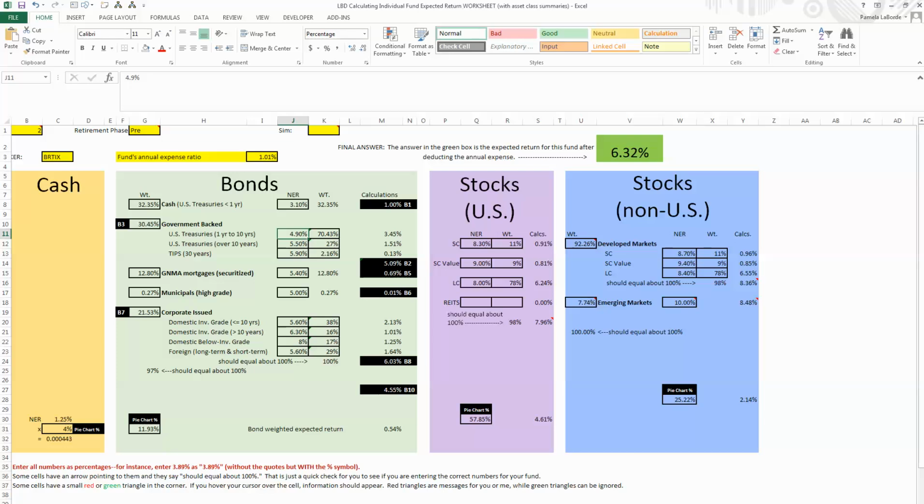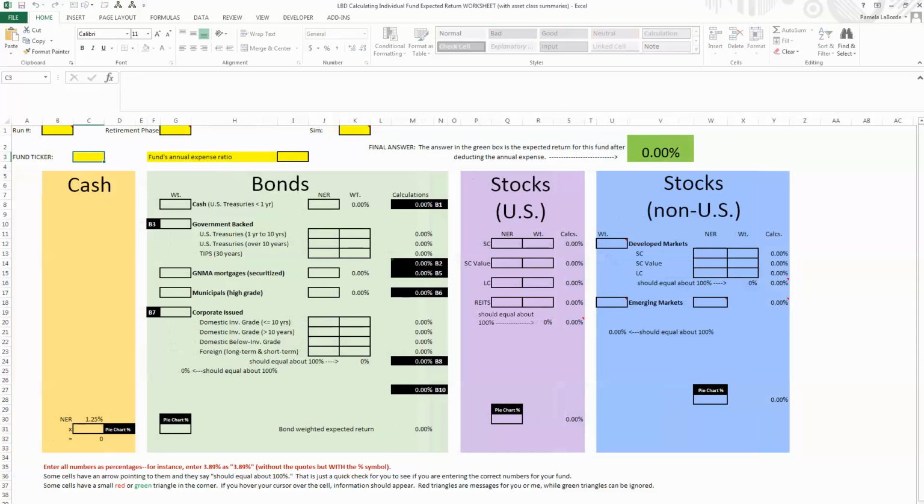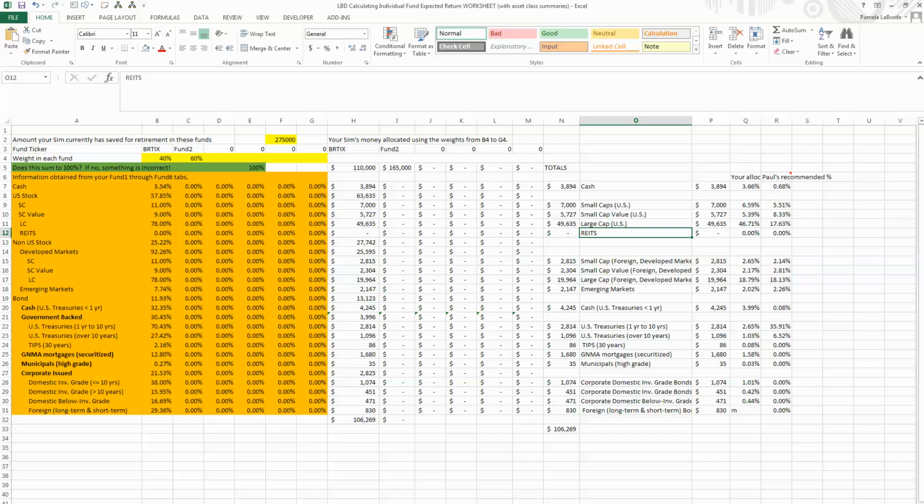Once you're finally done, and again, I know you can't see these tabs, but you should see a Fund 1 tab, Fund 2 tab, Fund 3 through Fund 6. Once you finish all of those, hold on, I'm fixing one mistake. If you click on the Asset Class Summary,